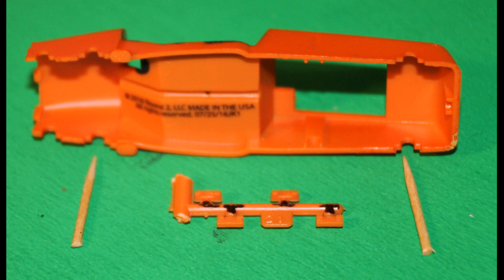Now, taking a look, you can see the body turned sideways here. There's two positions in the front end where the axles are located. The toothpick actually indicates the furthest one back, but for my build I'll be using the rectangular location that's more forward. And of course then the rear one, toothpick indicates where that's going to be located for